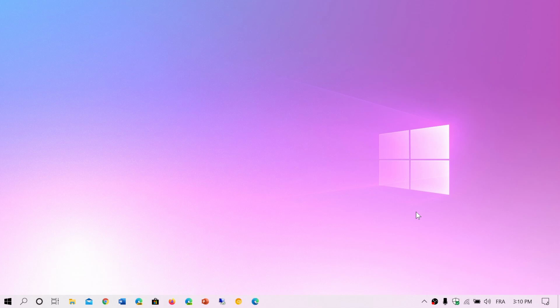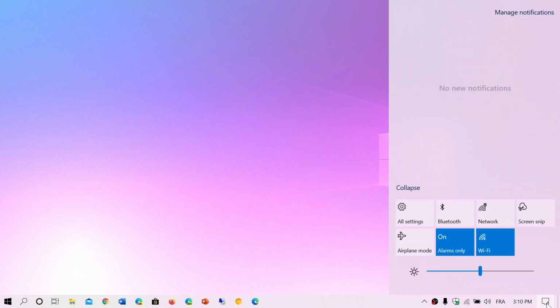I've had a lot of people asking me questions about the option of reset this PC from the settings page, and this of course has to do with keeping or not keeping the different files. Is it the same as a clean install? So here are the two options that are available.